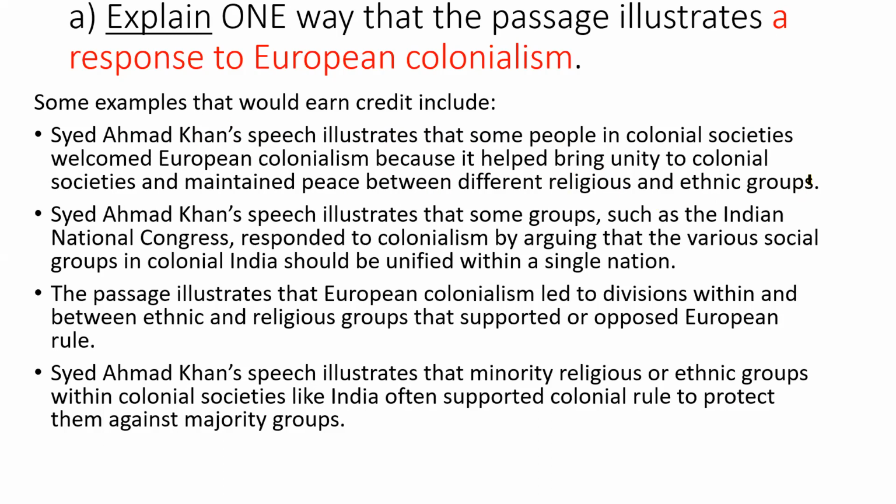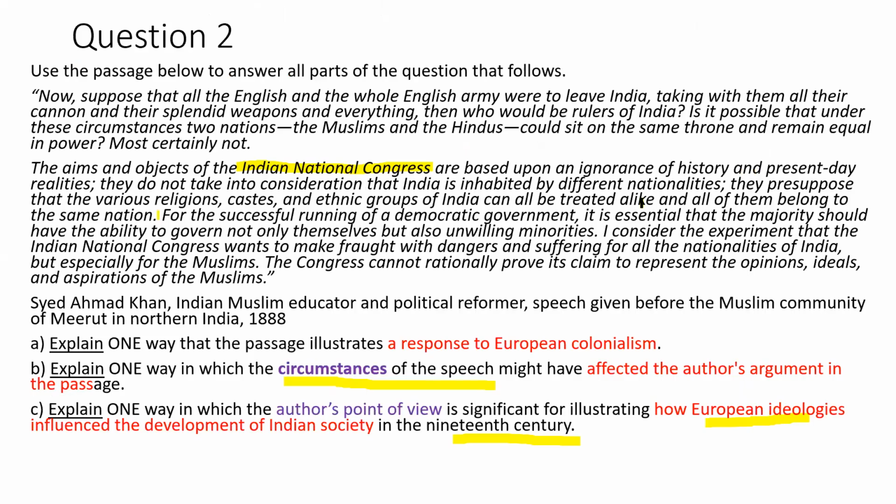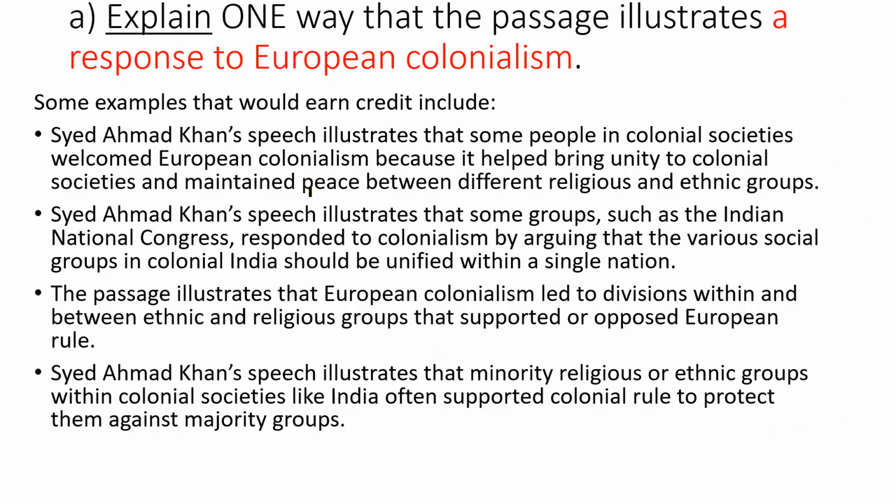All right, maybe this is a little sophisticated in language and structure, but hopefully you can see up here that that's what's implied. Some people, in his case, I think we could logically infer from this paragraph that Khan might prefer, or some people might prefer, British rule because he feels that the British might be protecting the Muslim minority from an Indian majority rule. That's the argument. Notice he is not quoting them, he is summarizing the argument.